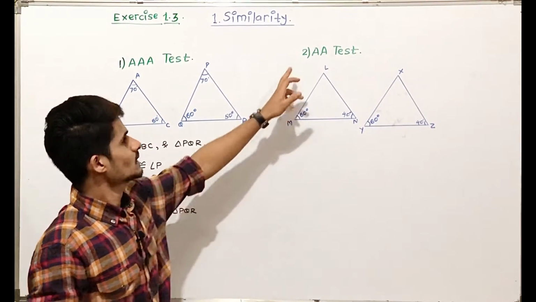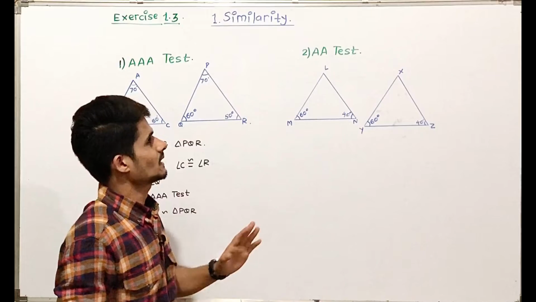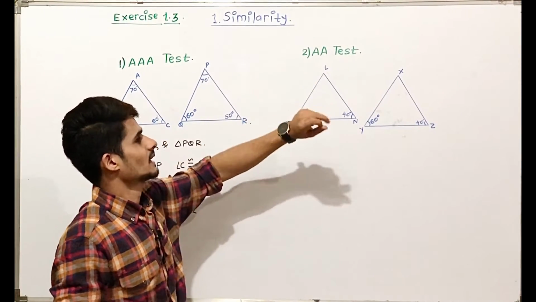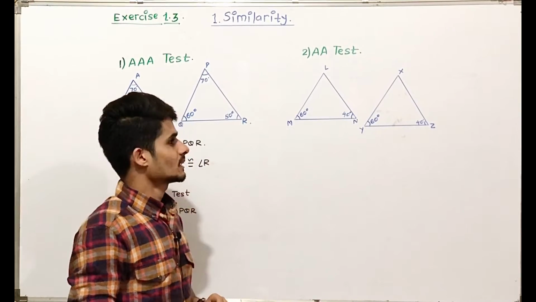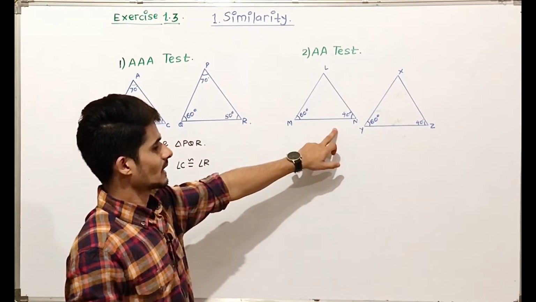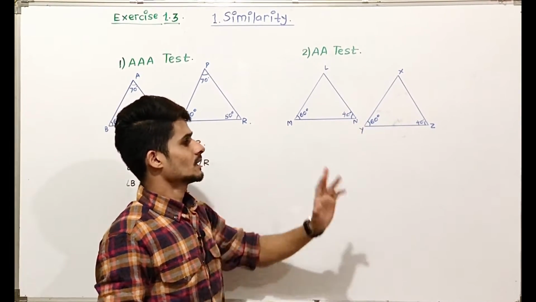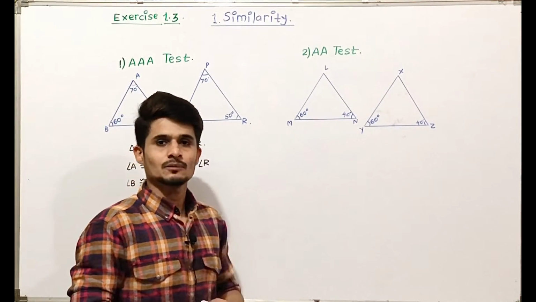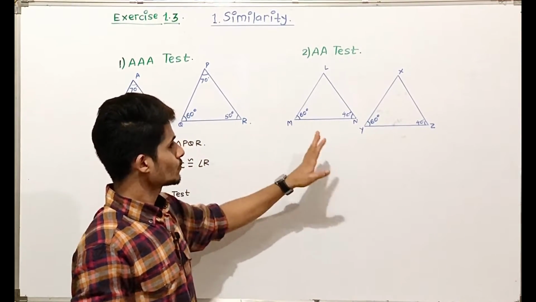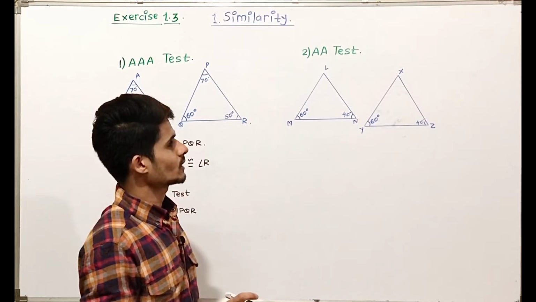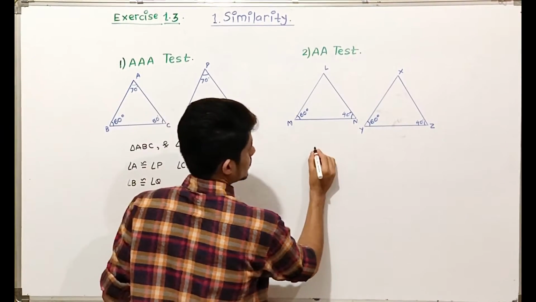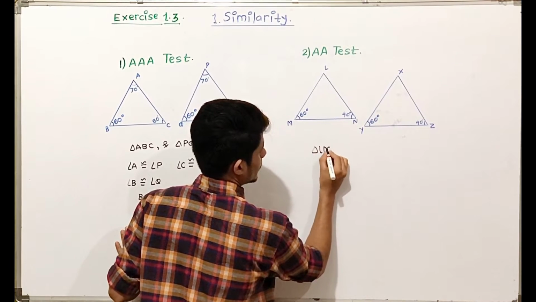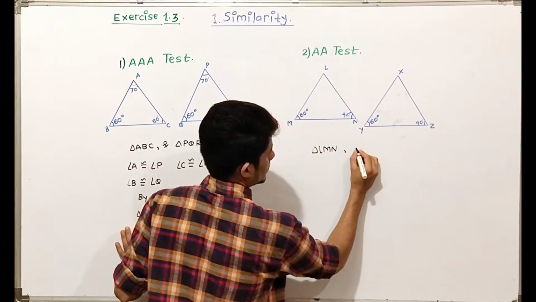Similarly, we'll see the second test, that is the AA test, the angle angle test. In this, if two corresponding angles of triangles are congruent, then the triangles will be similar. We have triangle LMN and triangle